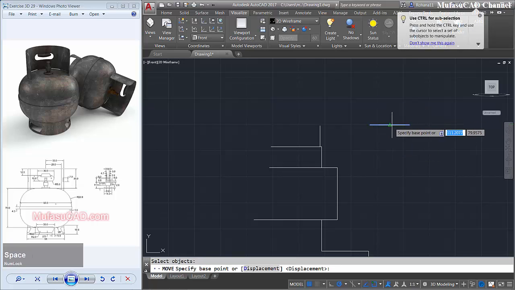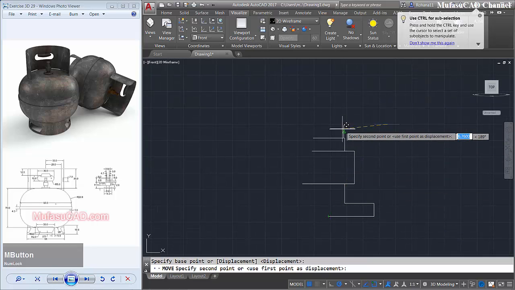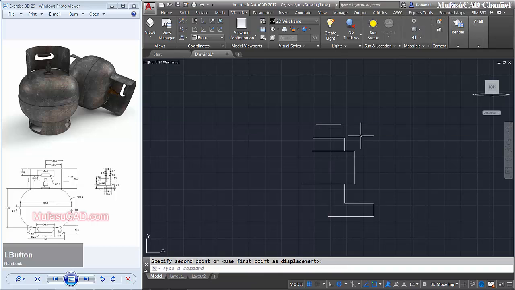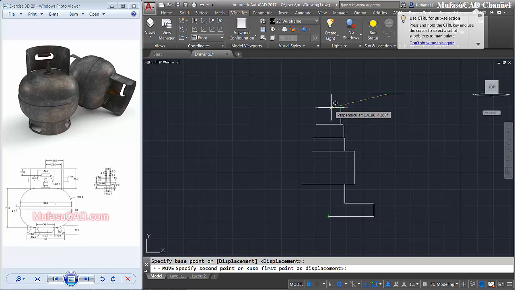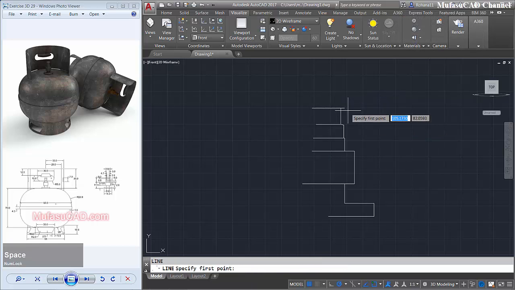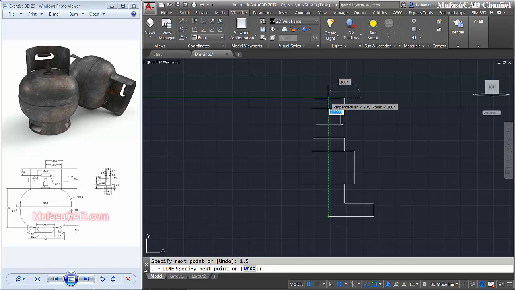Move this line object, start from this point into this point, and I will create a line, start from this point to the left, move to the top here 2.5, enter, and we create the last line, start from this point to the right 5, move this line object, start from this middle point into this point, and I will create a line, start from this point to the top 1.5, and move to the left here at this point.